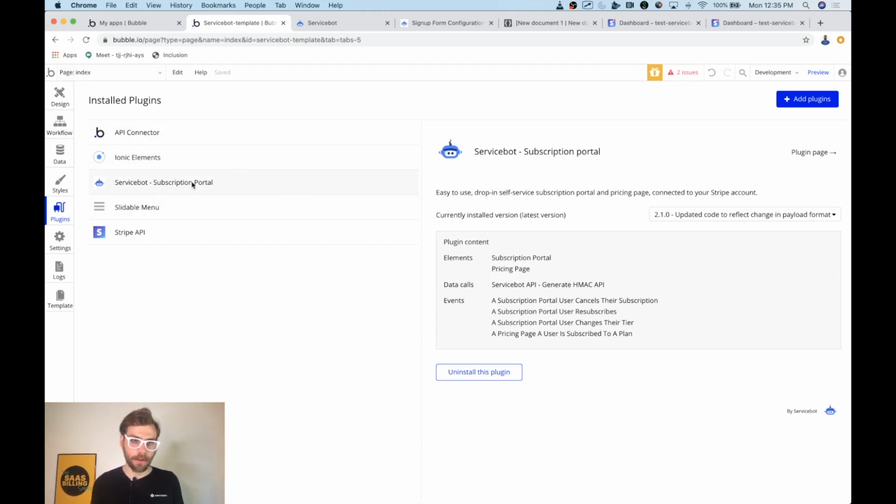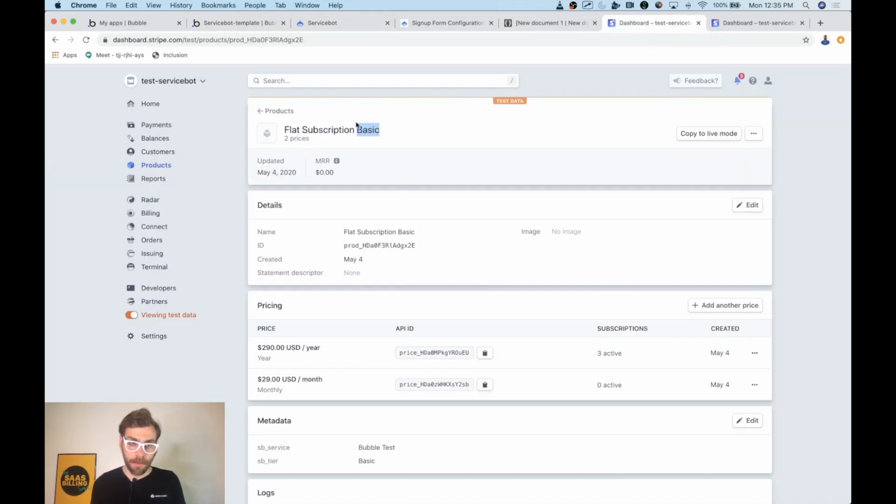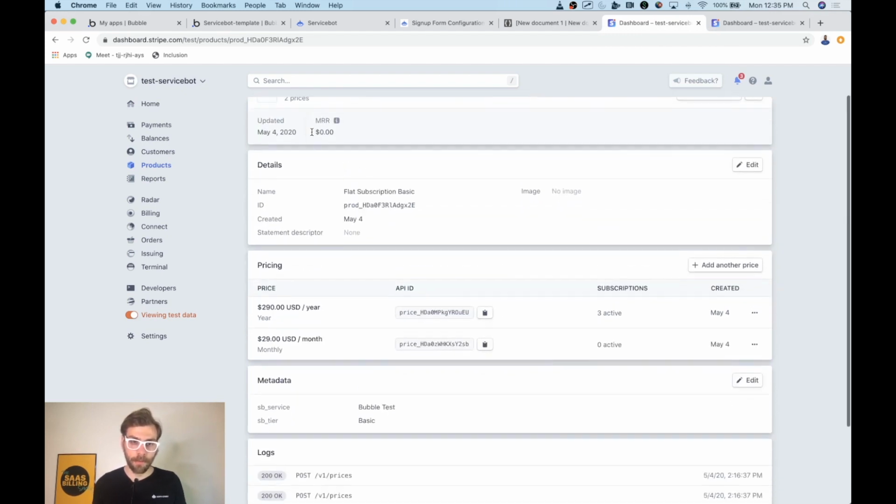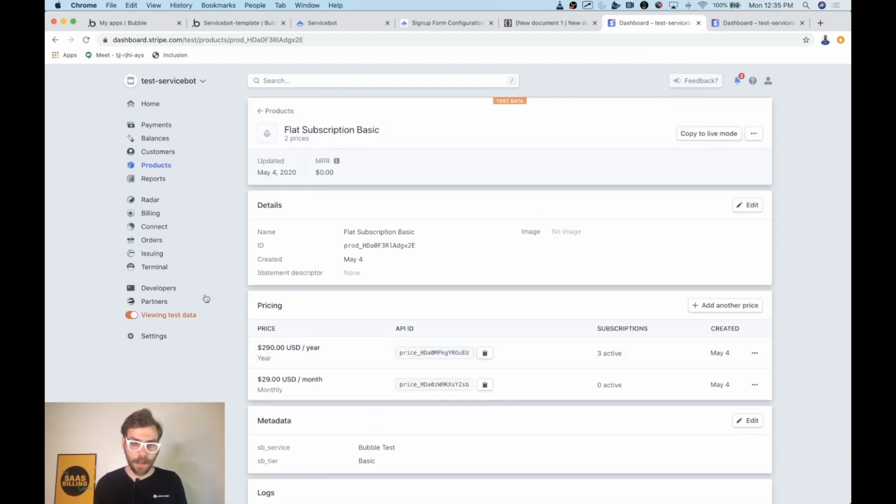The first thing you're going to want to do is install the Servicebot plugin. Once you've done that, we can configure our Servicebot and our Stripe account. For Stripe, you just need to create products for your pricing strategy. In this example, I'm going to have a two-tiered app. It's going to have a basic and a pro tier with an annual and a monthly plan in each. So you can see annual, monthly,